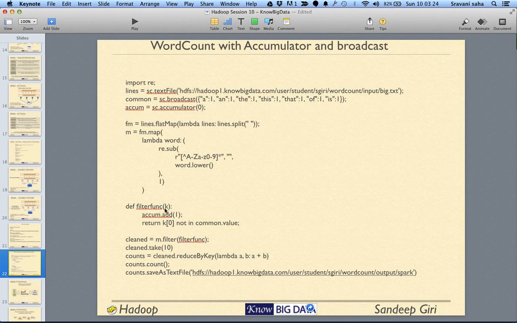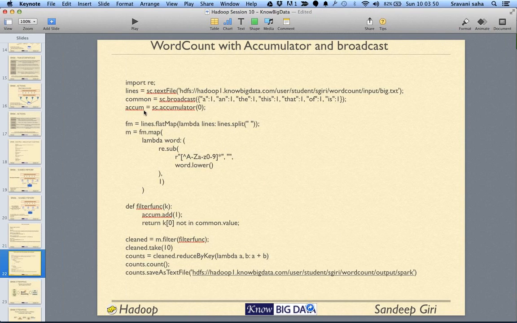So this example takes you through it. First we broadcast that we don't count a, the, this, that, of, is, and we broadcast these values. And here our broadcast variable can be anything: a complex object, a small object, a simple object, anything. It has to be a single variable.